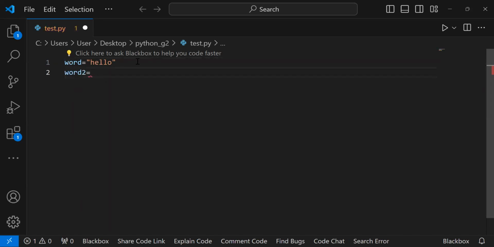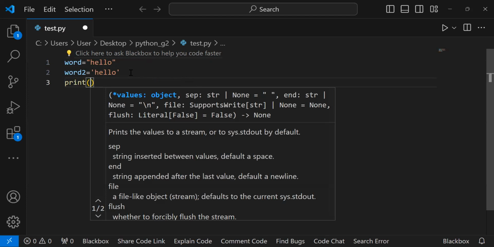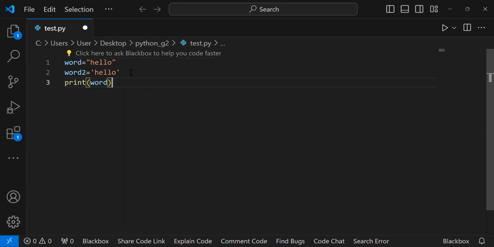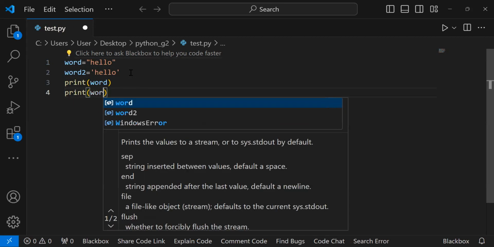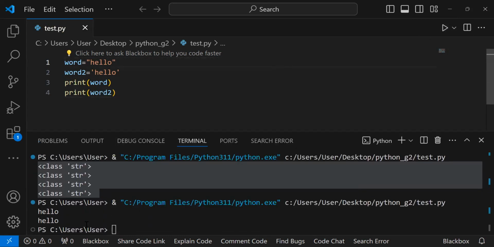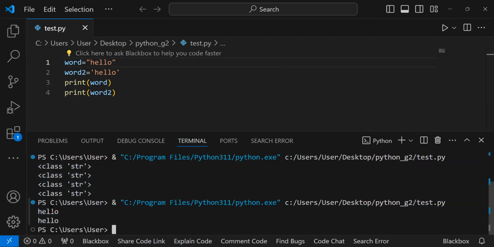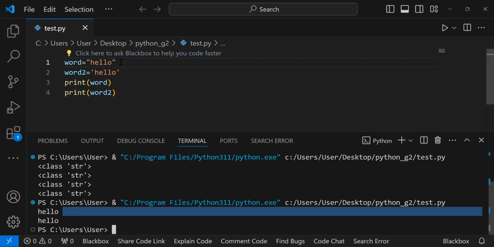Word and word2. Now I am going to write the same word to show you what the difference is. I print word, then in the other I print word2. Now if I run it, as you can see on my output screen, there is no difference. The first one is hello, the second one is hello. So by using different quotation, there's no difference. We can use double quotation or single quotation,